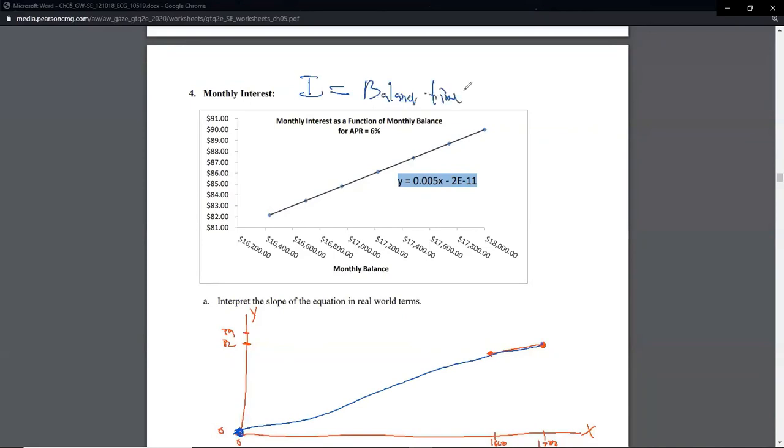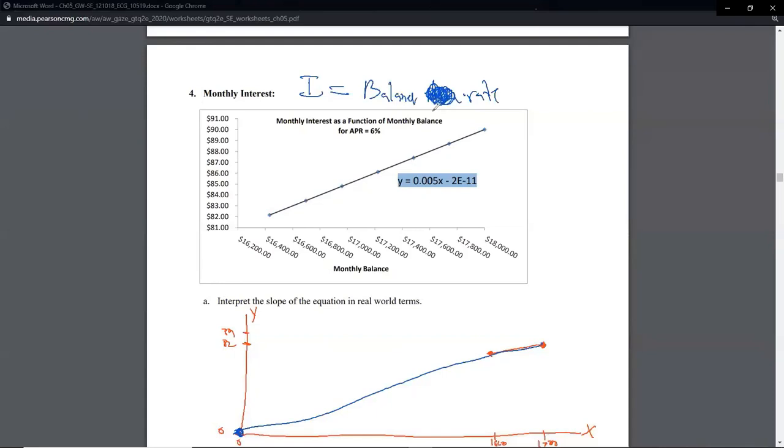Interest is just a product of your balance and time. Sorry, balance and rate. Time as well, but it's got all of them. Interest is PRT, principal times rate times time. The time aspect we will use sometimes, we don't. We typically will not in here for reasons we'll explain in the next chapter. But interest is just a product of your balance times your APR, your periodic rate, whichever it is.